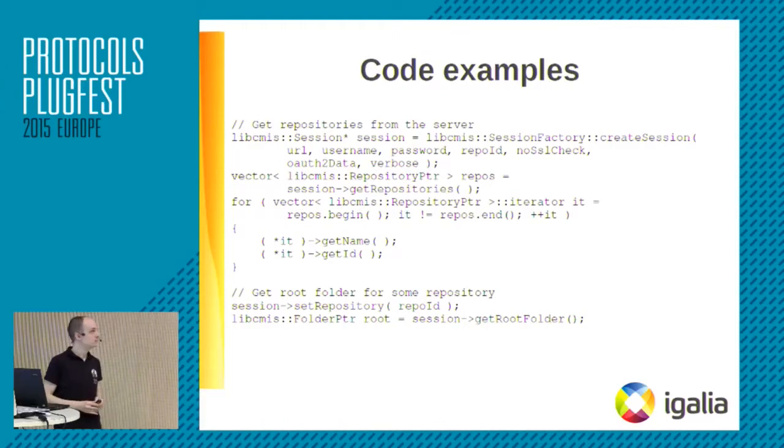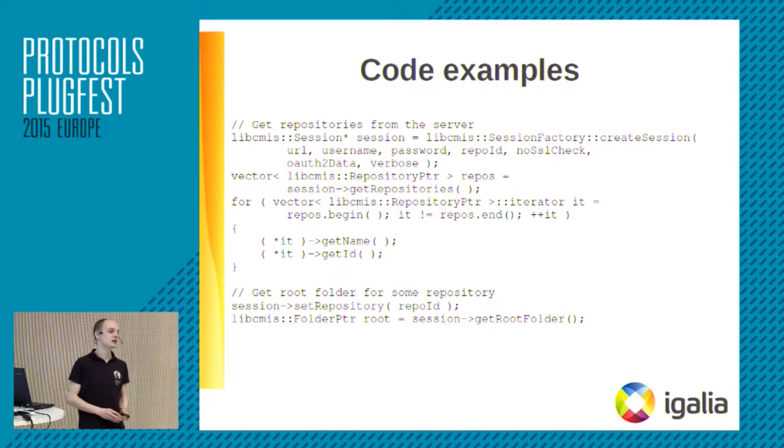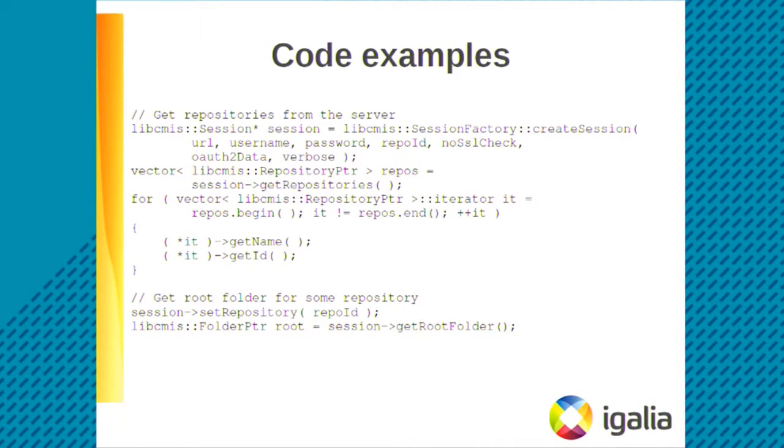I would like to show you some code examples that correspond to the basic interaction between a client and a server that I explained before. To get the list of repositories from the server, you will need to use the session factory object and create a session with a connection with the server. There are a lot of parameters, but it's likely that you won't need all of them. It's mostly up to the server implementation, but the basic ones are, of course, the URL and your username and